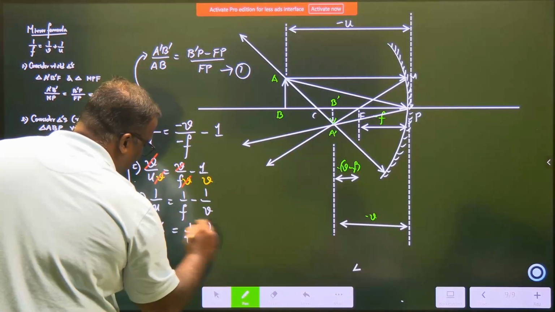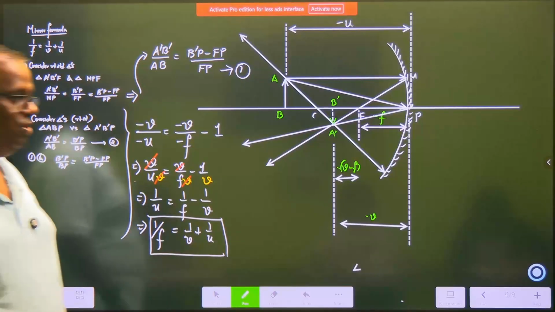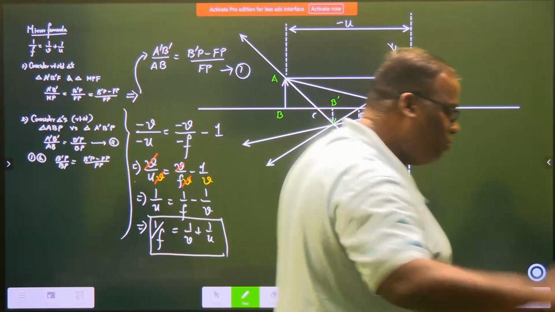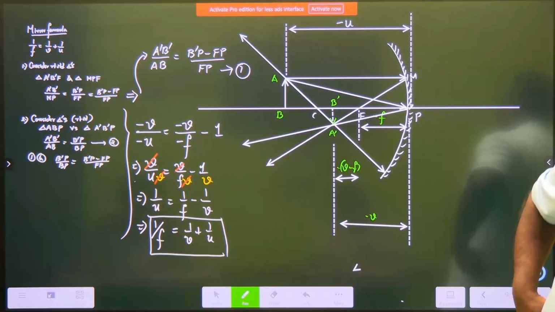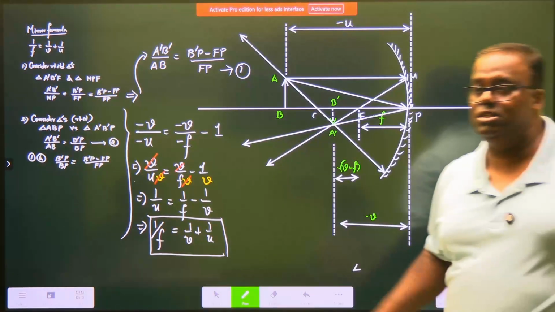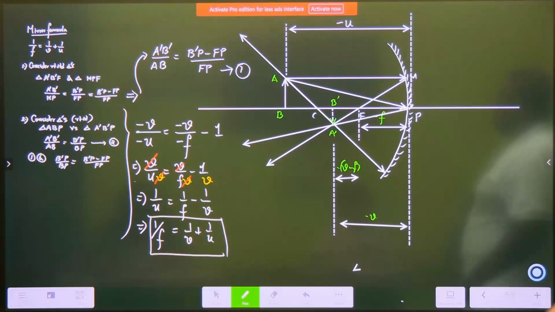Children, you might also say, sir, heavens don't fall if I say 1 upon U plus 1 upon V, but don't do that. Always say 1 upon V plus 1 upon U. This will help you in the lens. V stands for VIP, and in India, it's VIP culture, so V comes first. This concludes